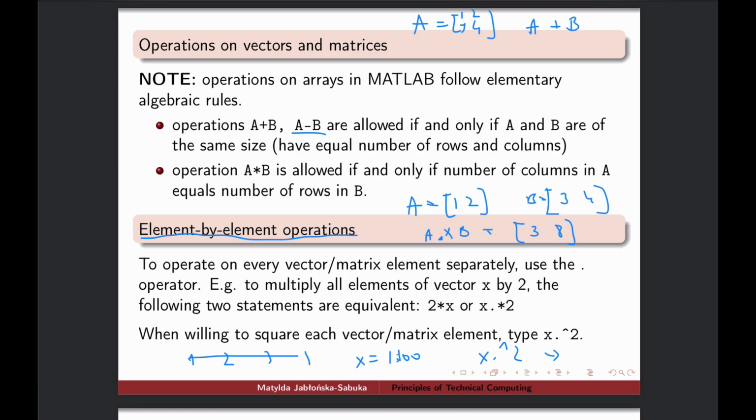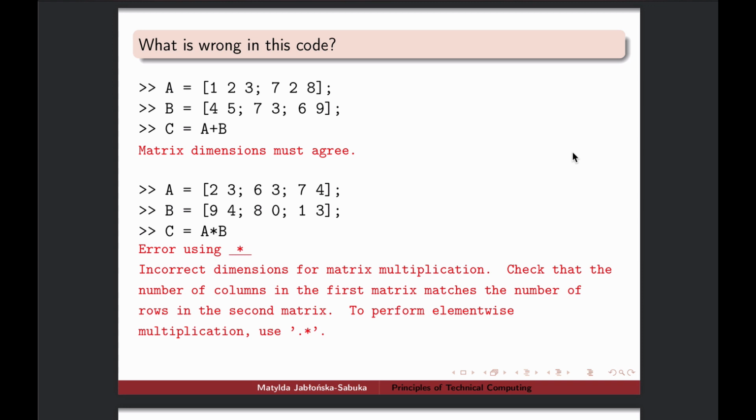All right. So here are a couple of other examples. For instance, we have matrix A, which is 2 by 3. I have 2 rows, first row, second row, and this one is 3 by 2, because there are 3 rows which are defined separately. So when I try to create matrix C, which is a sum of those two, of course I am not allowed to do it, because the sizes are different. They are similar, but they are not exactly the same. The dimensions are flipped. So this would only be possible if we actually made A plus B transposed,